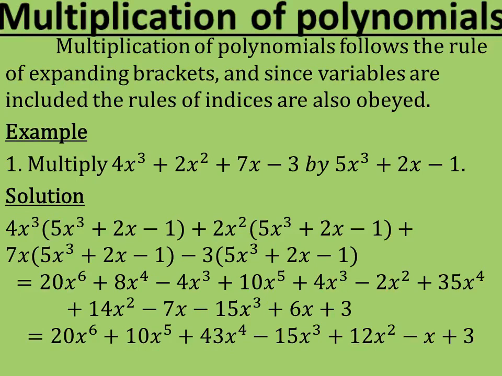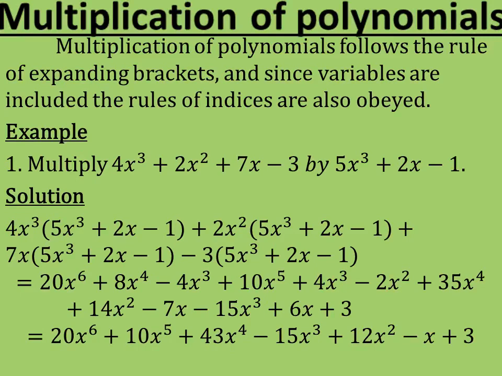So when we add 8 to 35, we have 43x raised to power 4. Minus, we have three terms with x raised to power 3, that is minus 4x raised to power 3, plus 4x raised to power 3, and minus 15x raised to power 3. Minus 4x raised to power 3 plus 4x raised to power 3 becomes 0. So we write minus 15x raised to power 3 plus,